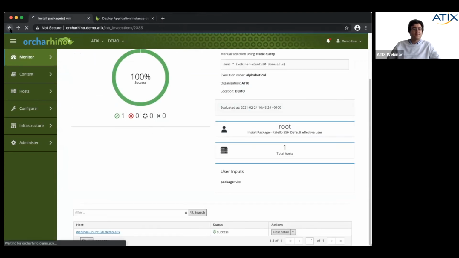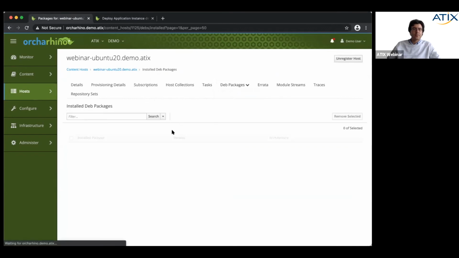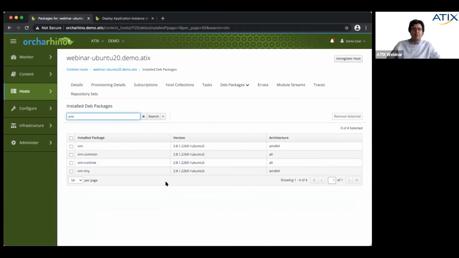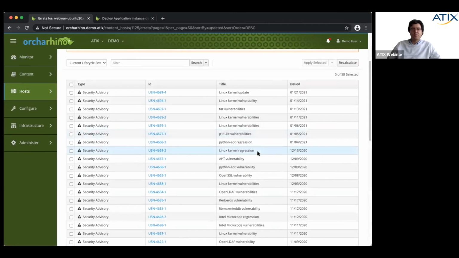And if we get back here, we go to our available packages. We look for Vim, and we see here the new version is there. So we have seen this server was in error status because we had open errata. If we click here on errata, we can see what security issues are open. So we see we have plenty of them. The server has been prepared to be not up to date. So we can demonstrate how to close such an issue.